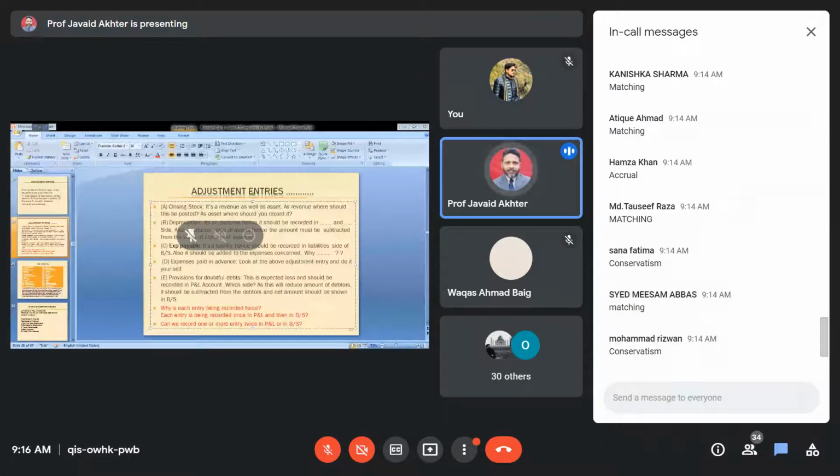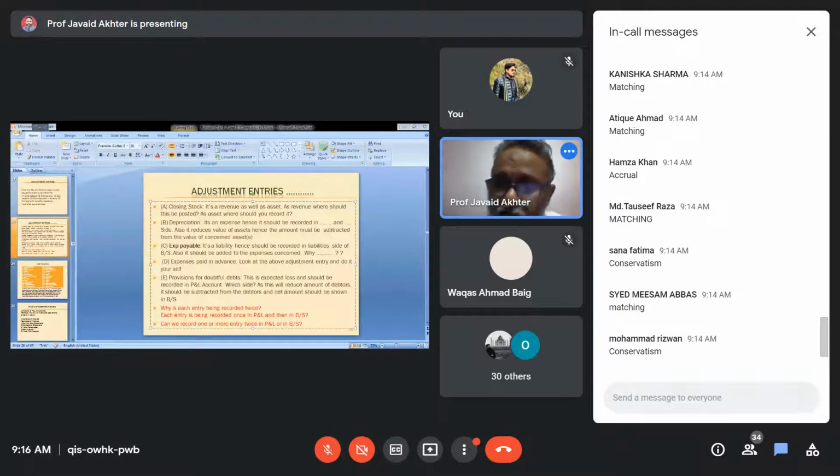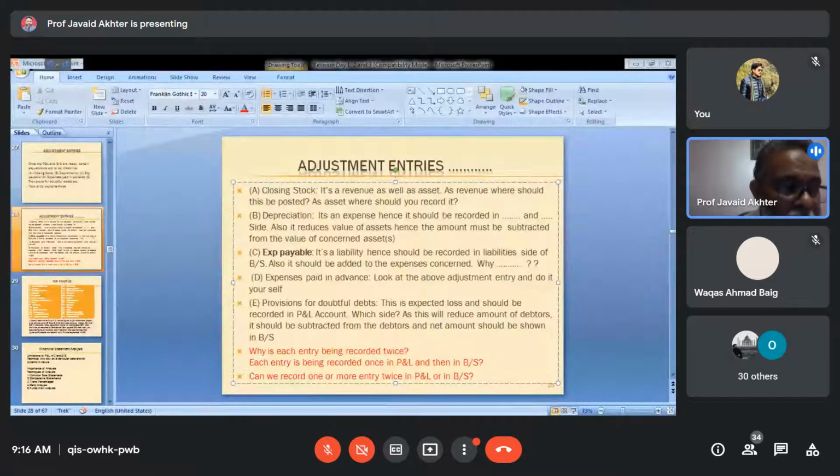There are three options perhaps. You all know that only one would be correct, and not necessarily one. Conservatism, matching, accrual and conservatism. I'm leaving you with this question. Refer to the notes and then only answer. I will not even say that one of the answers is correct. Otherwise, you will not read, you will not apply your mind.